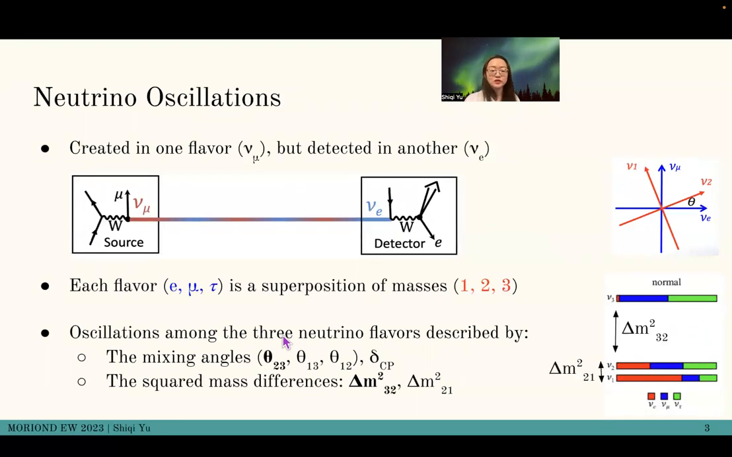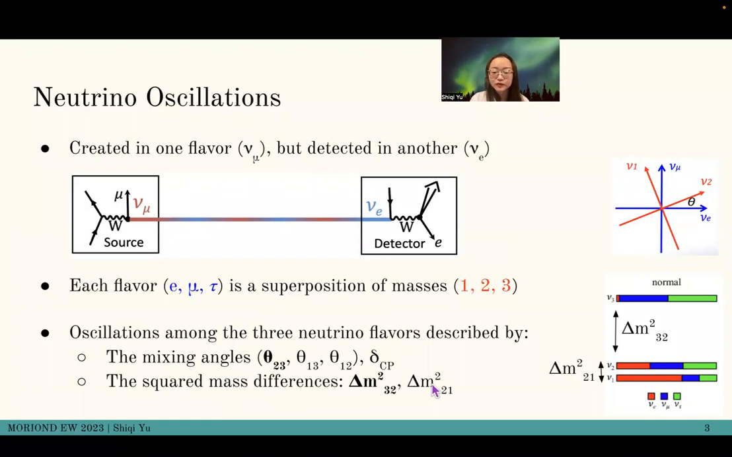Some of these questions can be answered by studying neutrino oscillations, which is a phenomenon describing that neutrinos created in one flavor can later be detected in a different flavor. There are three flavors, nu e, nu mu, nu tau, which are superpositions of the three neutrino mass states. Oscillations among the three neutrino flavors are described by the three mixing angles, a delta CP phase, and the squared